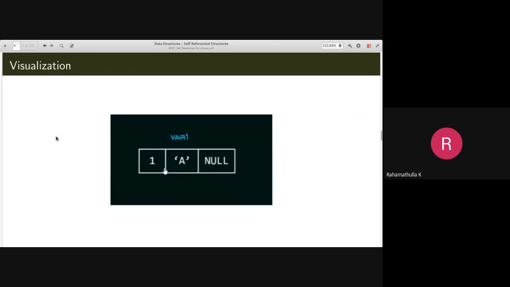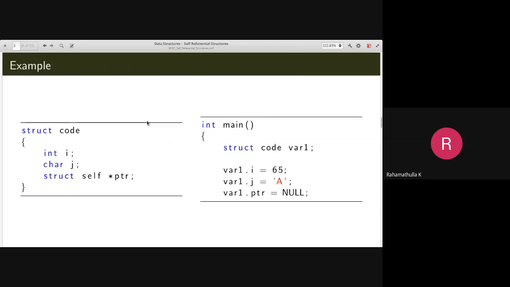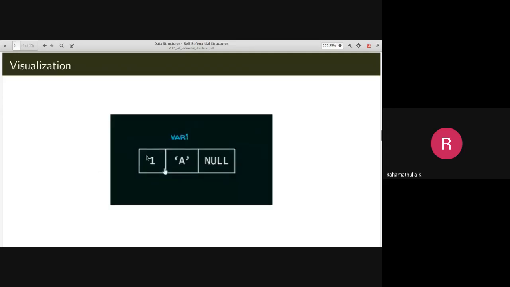So this is how the structure will look. It creates a variable var1 in memory, which is of my custom type, struct code. It has an integer member, a character member, and a pointer member which can point to the same type of structure.